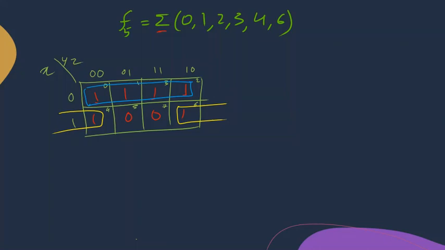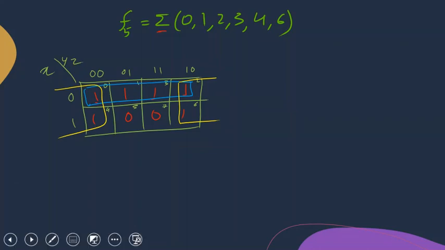What you have to do is try to include these ones in the biggest possible group. Instead of including them in a box of 2, we can include them in a box of 4. So we can do something like this. Even though we are repeating box number 0 and box number 2, we can do this. This will give us the minimum form. Always remember these tricks; they are very, very essential. You have to try and include each one in the biggest possible box. Now with these two boxes, the pairing, the graphical minimization, is done.